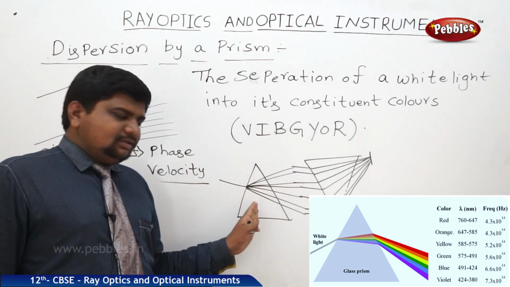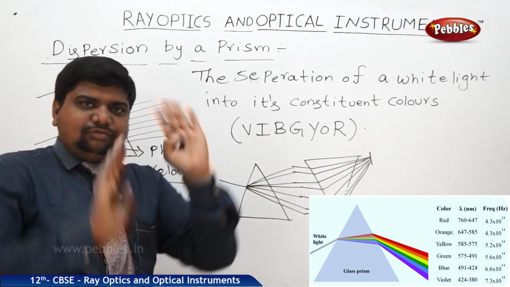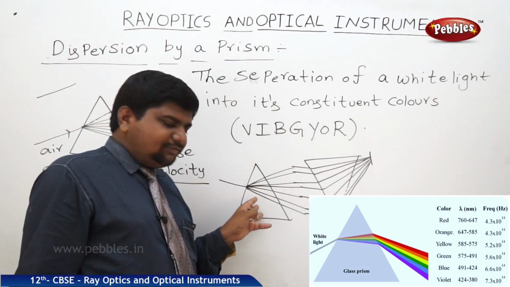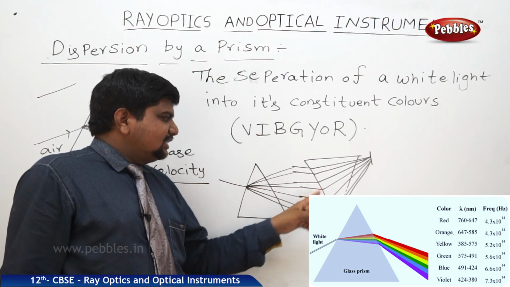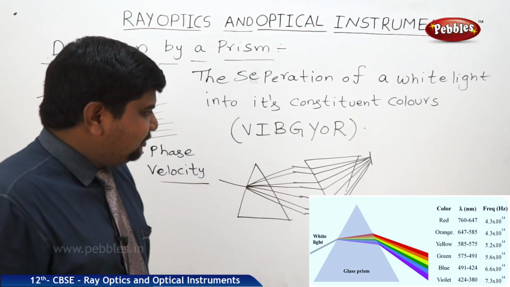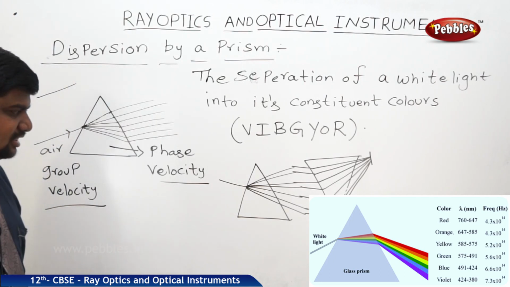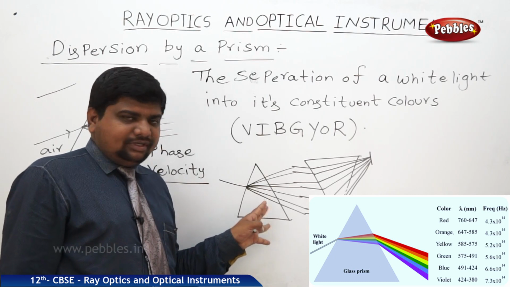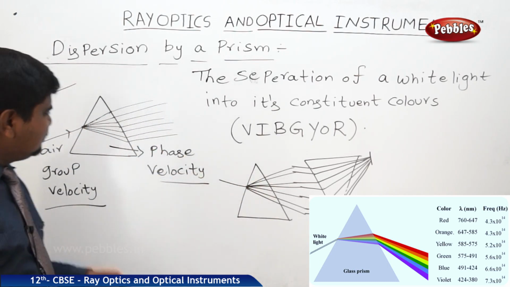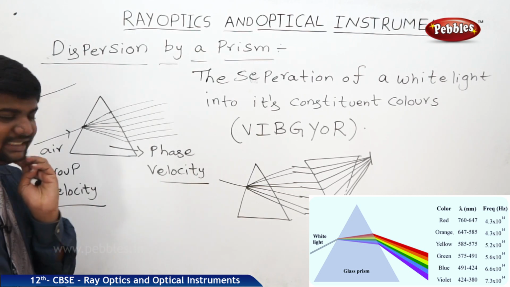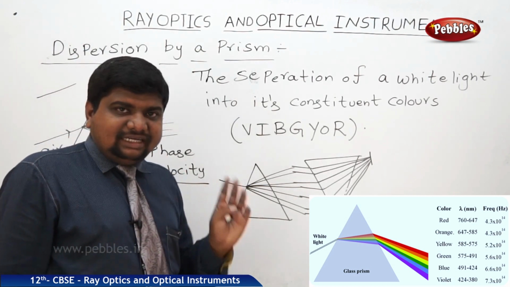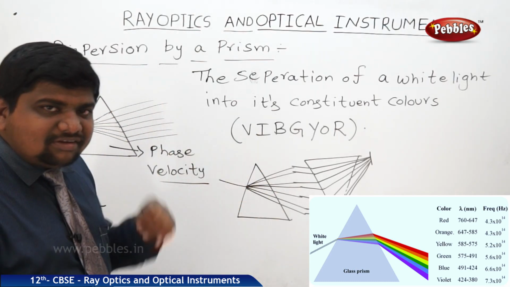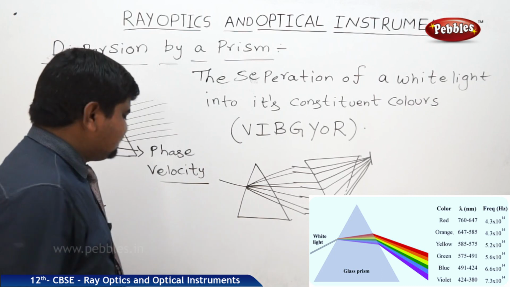So these are the 2 prisms which are inverted relative to each other. The first prism separates the 7 colors, and the second prism unites the 7 colors. That means what we can understand in this concept is that the prism is not able to produce the spectrum. It is created because of the change in the speed of light when compared from the air medium to the denser medium. So this concept leads to the Vibgyor formation. The order of the colors we get after the dispersion is called the spectrum.